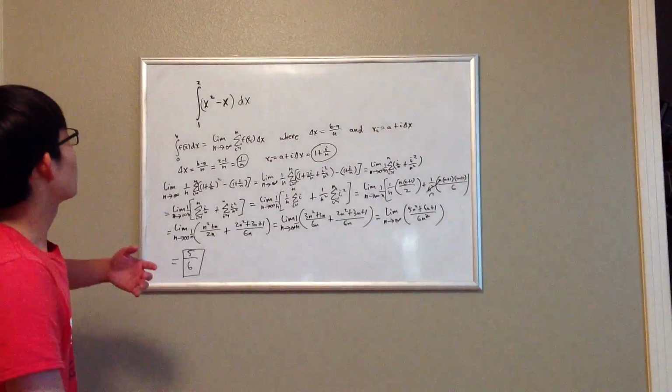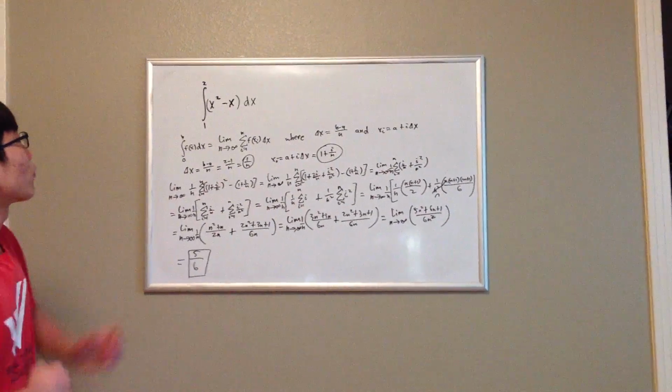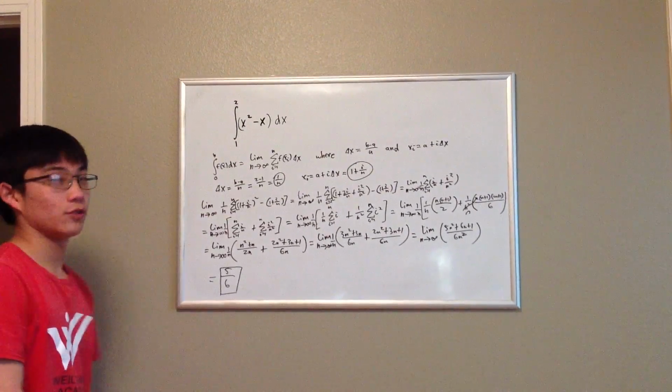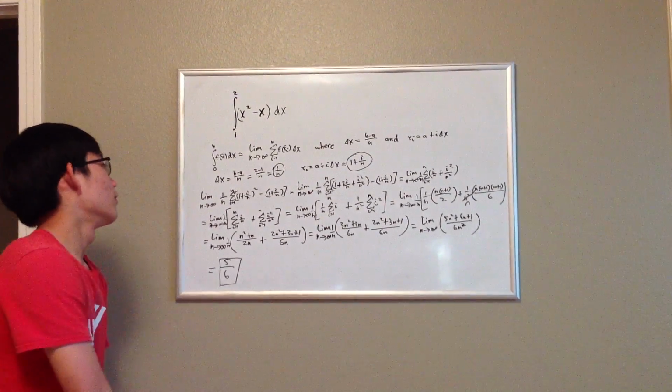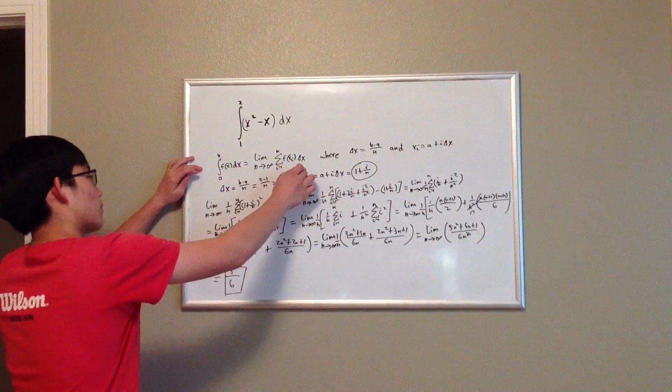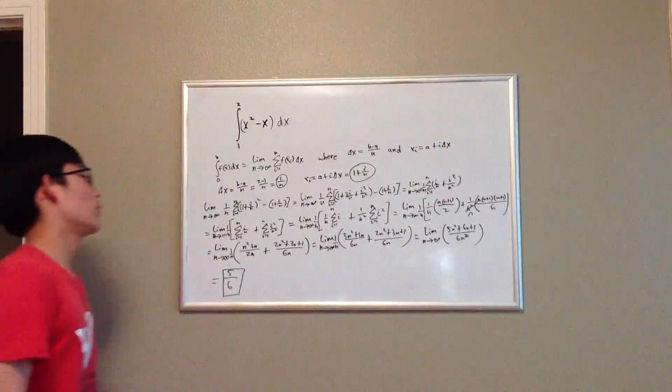So for this problem, we're going to evaluate the definite integral from 1 to 2 of x squared minus x dx. And we're going to use the integral long cut method. For any integral long cut method, we're going to just apply this formula that converts the definite integral to the